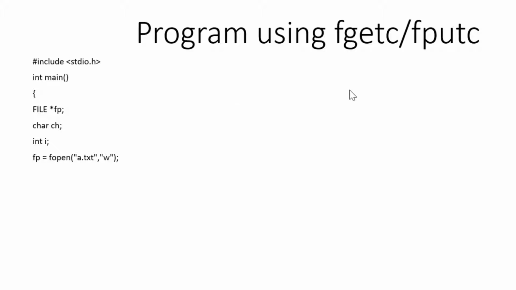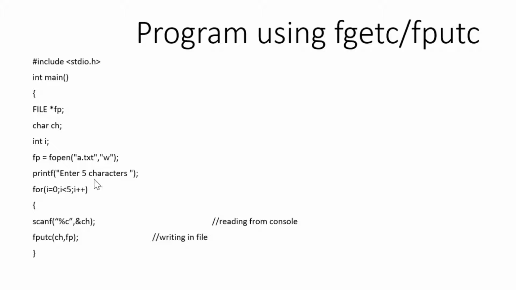For dealing with the file, the first step is to open the file. fp is equal to fopen. The name of the file is a.txt, and the first time when we are opening the file it would be in write mode. So we are going to first write something into the file. So the mode is W. Say for example, I'm making a simple program of writing only 5 characters in this particular file. If you want to input n characters, you can make a generalized program, take the value of n and accordingly change the loop. So I'm taking a loop which will be executed 5 times: i equal to 0, i less than 5, i plus plus.